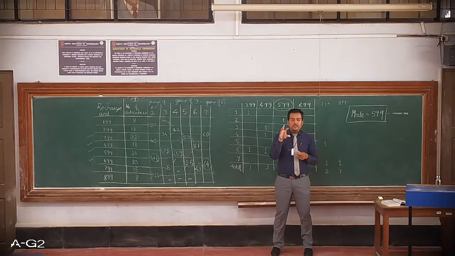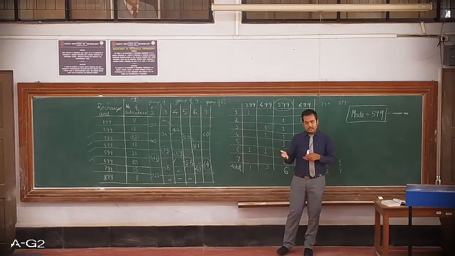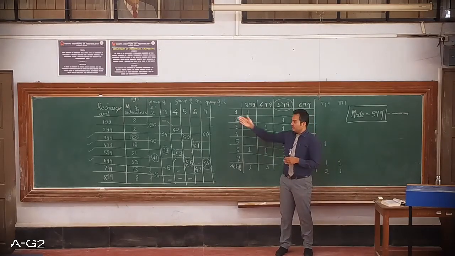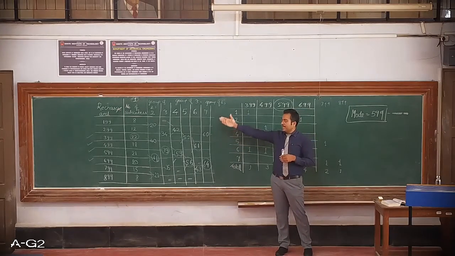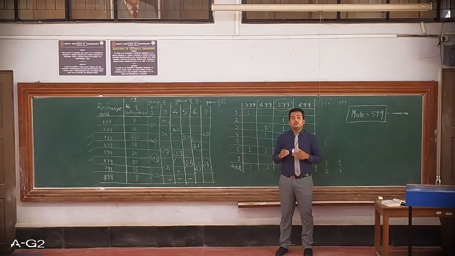So mode value talks about not only the higher frequency element, but also about the distribution where we have more number of elements. So this is how mode is completely different from mean and median. So these three are the measures of central tendency. So now we'll go for the next example. Now this is the example where X and frequencies are given. We also have to see where class intervals are given along with their frequency, that is mode for grouped data. So that we'll be discussing in the connecting video.